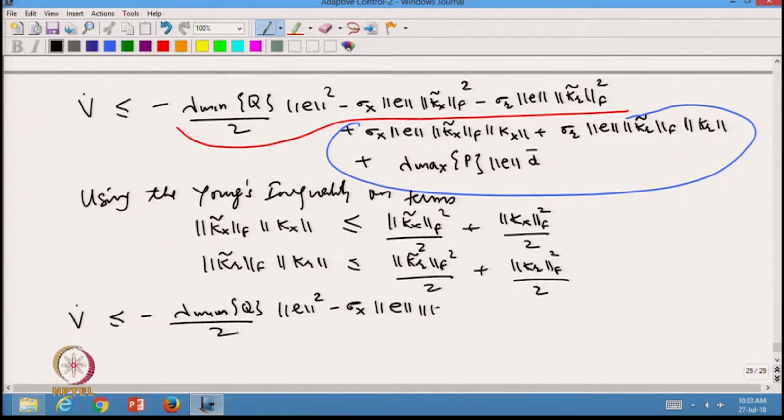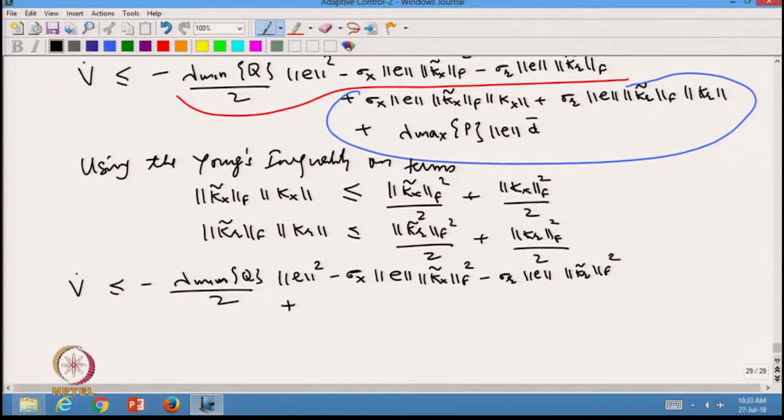These terms are our friends, and we have to eliminate the positive terms using these negative terms somehow, if we can do it. So now we use Young's inequality here and separate out these two terms. So we'll have sigma x norm of E